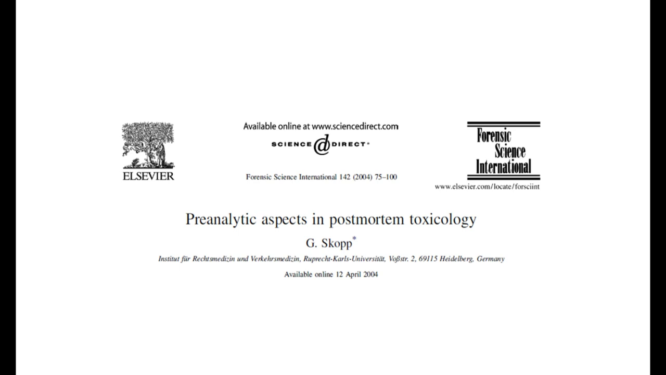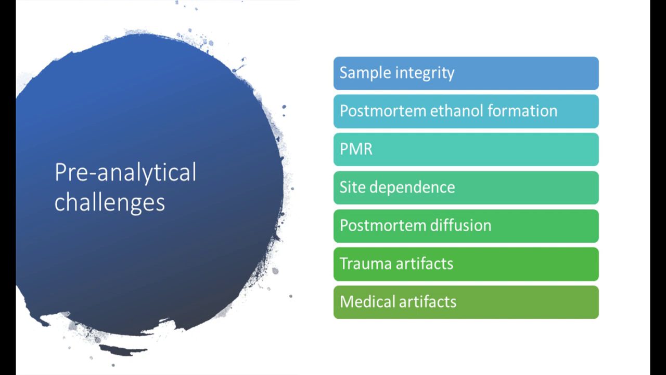So one of the key articles on this process is called the PreAnalytic Aspects in Postmortem Toxicology. You can see that reference here. But the things that are brought up in this article are what I'm going to talk about in the next few case studies. These include sample integrity, postmortem alcohol formation, postmortem redistribution, site dependence, postmortem diffusion, trauma artifacts, and